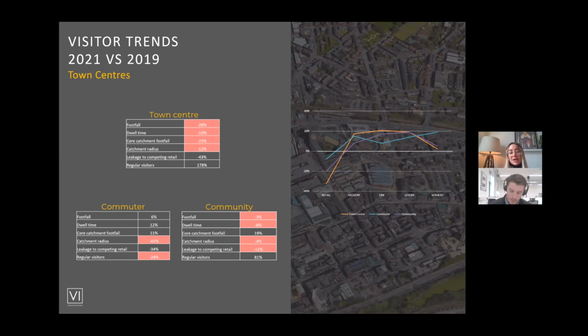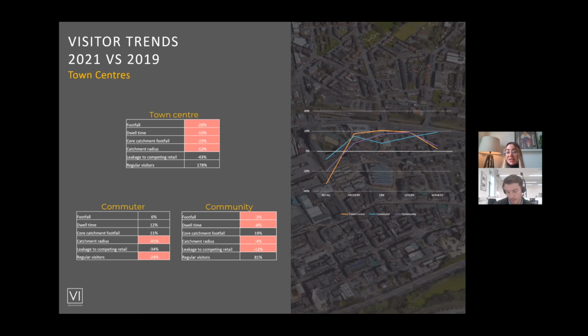So commuter town centres that historically were probably seeing a year-on-year decline in terms of footfall, dwell time and catchment engagement really benefited from the reduction of people going to city centres for work purposes, and saw a really increased profile in terms of their footfall, how long people were spending in the town centre, and their leakage to other competing retail areas. And I just draw your eye to the graph on the right-hand side that showed that